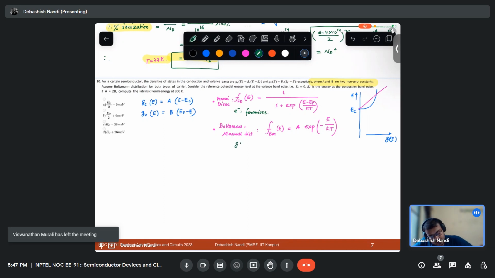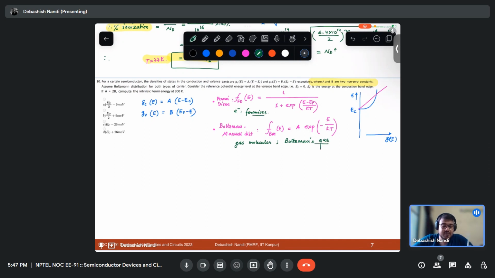The gas molecules. Okay. If you keep gas molecules in a jar, the way they distribute the energies among themselves, or occupy the energy states among themselves, follows the Boltzmann-Maxwell distribution. They are also called Boltzmann's gas. Okay, these are the general terms.